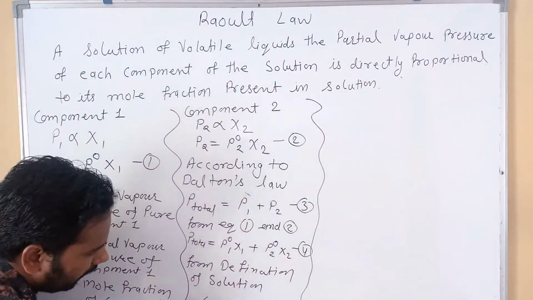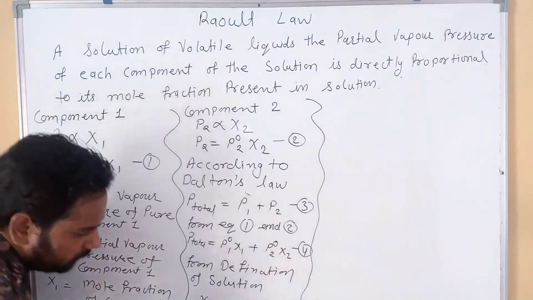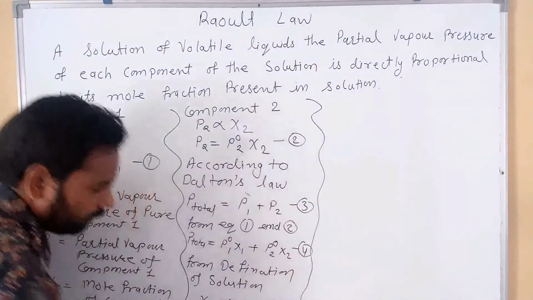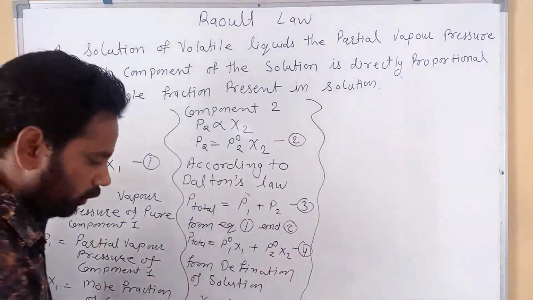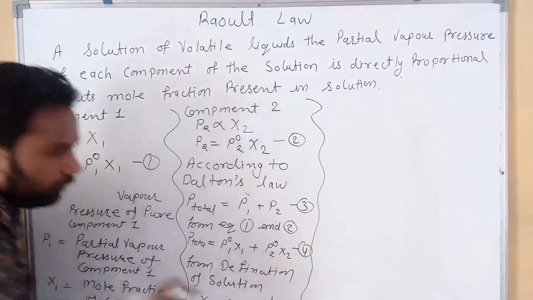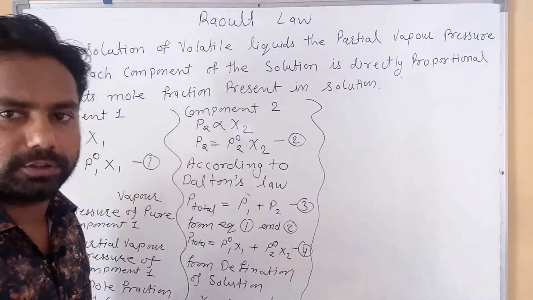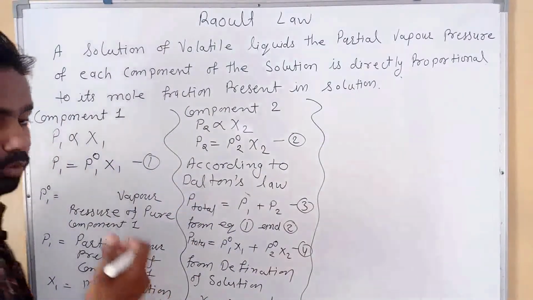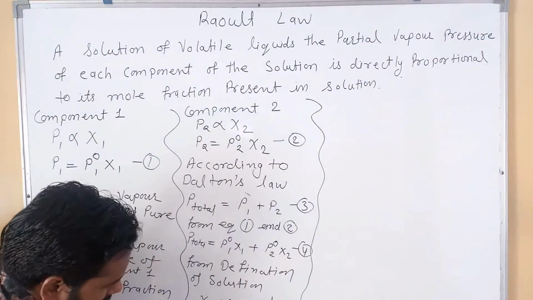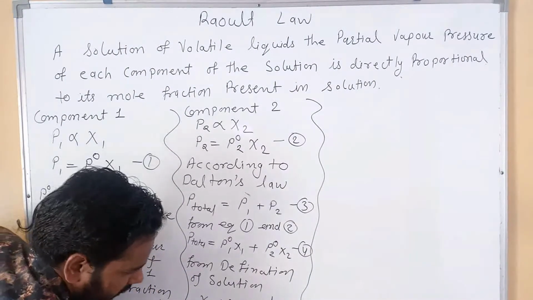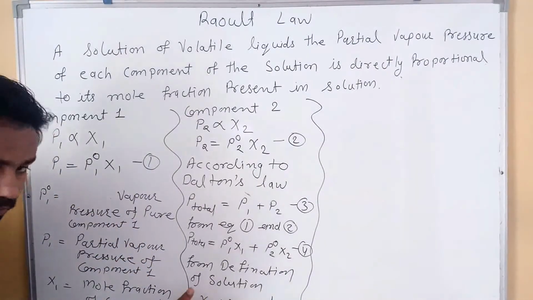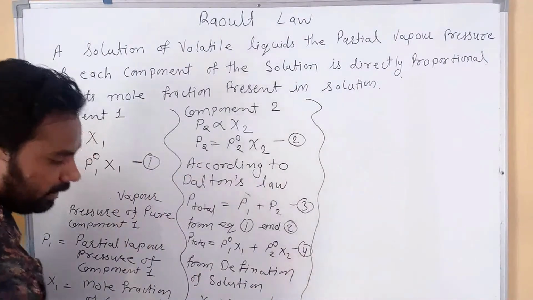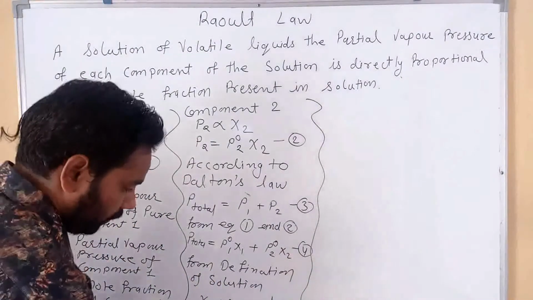So we write here x1 is a mole fraction of component 1, x2 is a mole fraction of component 2, then mixed to each other and form solution. So the sum is equal to 1, because solution is a homogeneous mixture. Okay, so x1 plus x2 is equal to 1. We consider here the value of x1 is equal to 1 minus x2. Here x2 is positive, we transfer from LHS to RHS, so the sign is converted from plus to minus. Okay, so 1 minus x2.